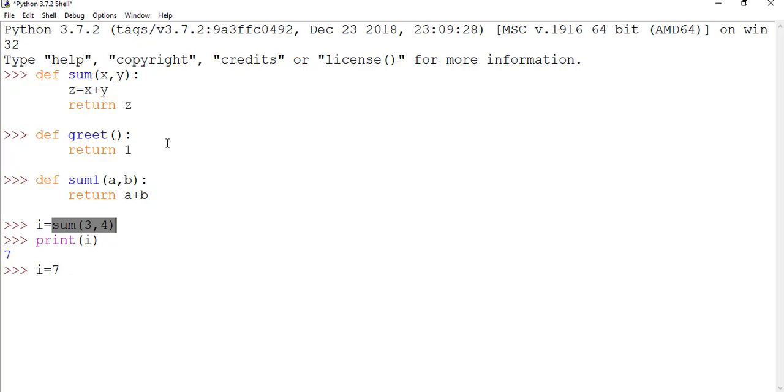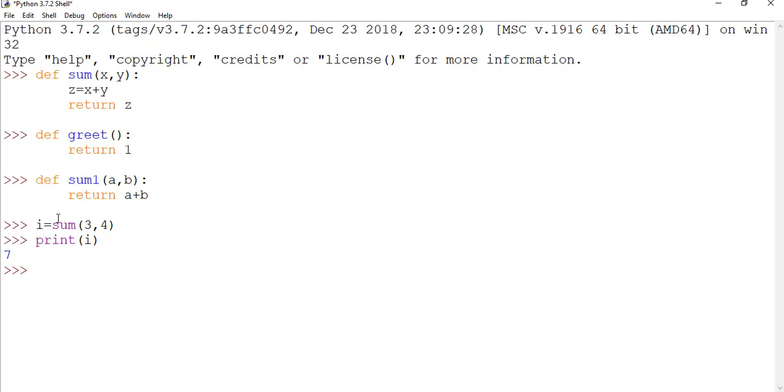How? Because this function is returning the value of z, and the value of z will be 3 plus 4, which is 7. After that, that value is stored in i, and when we print the value of i, it gives us 7. That's how we get the result 7.